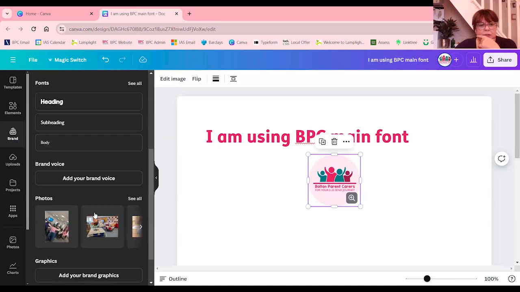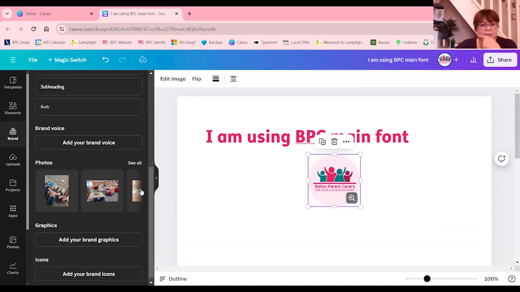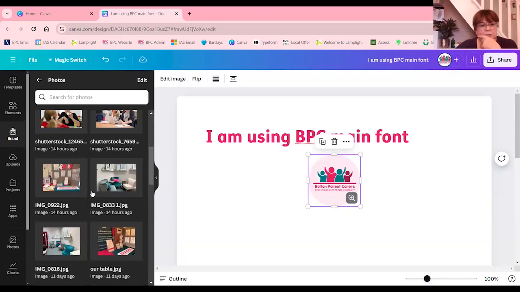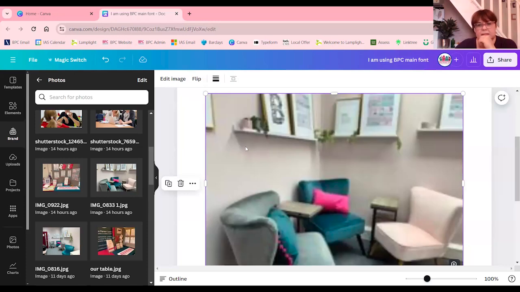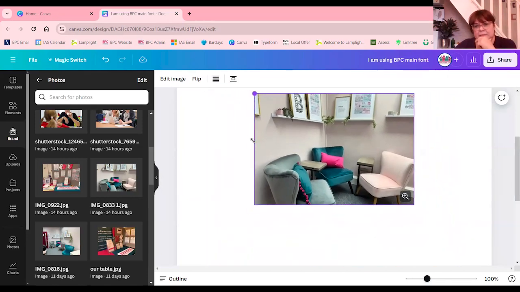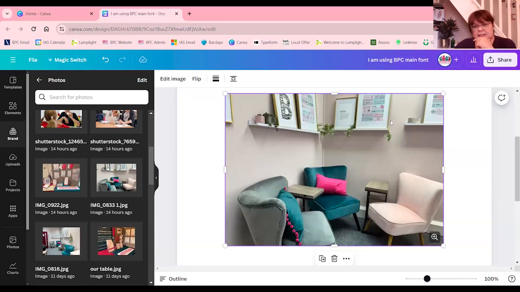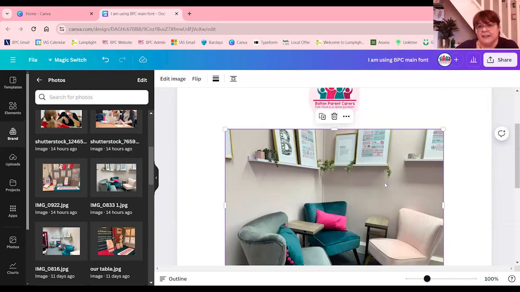You can also then look for any of the sort of standard photographs you use. So I'm going to find the one. There it is. This is our office. And if you just look there, just in the distance there, that's one of the things that we do every single year on Canva, which I'm going to show you a little bit about later. And it's a fabulous little infographic that's our year in numbers. And we do that every year. You'll see I take my branding quite seriously when it comes to even getting chairs in the same colour in the office. But everything is there then and available just in that little section over there in brand kit,